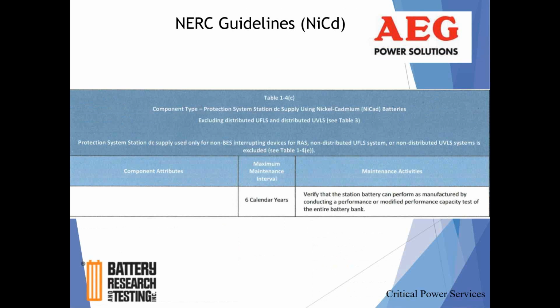One of the benefits, and there are several benefits to NiCad batteries, is that they're a very robust, resilient battery that has been around for a very long time. I mentioned utilities are very cautious as to what technologies they'll adopt going forward. NiCad batteries are among the older of the battery chemistries, and they have proven themselves to be reliable, such that they, being NERC,